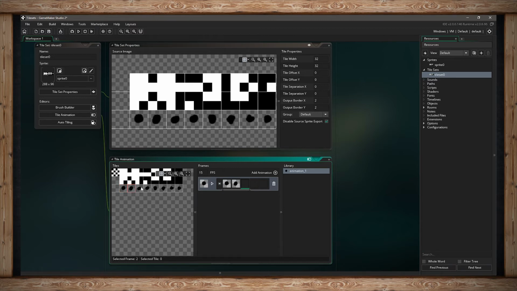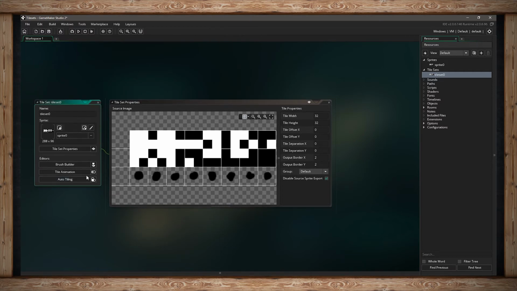So as long as you've set up your texture page or tile set perfectly, you can just click, click, click until you get to the end, and you can set your frames per second to see what it looks like. I'll just leave it at 15, and I can hit play, and there we go. This is my weird blob thing moving around. 8 frames of animation, really ugly, but it shows off that you can have animated tiles. We'll put that in a room in a moment, but until then, let's just close that and move on to